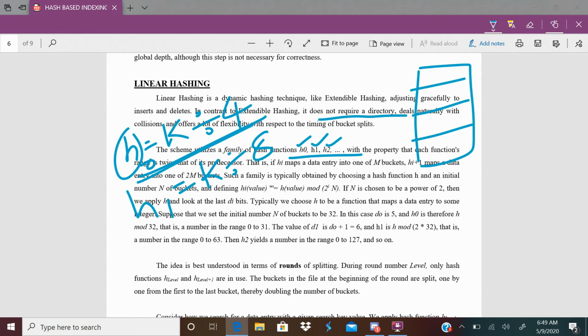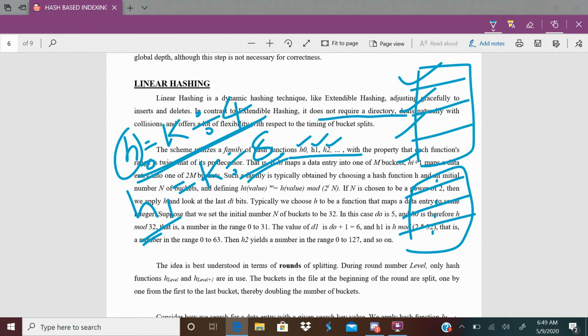What do you understand? K mod 8 means when 4 buckets are not sufficient, it has to look for 4 more buckets, meaning double the number of buckets. If you double the number of buckets, totally how many buckets do we have? 8 buckets, so it uses h1 as k mod 8. Now 8 buckets are there.